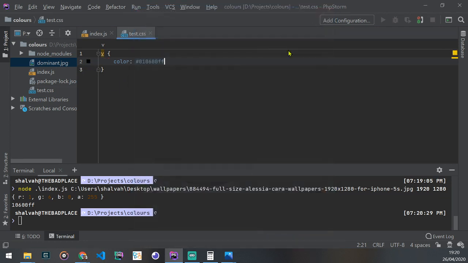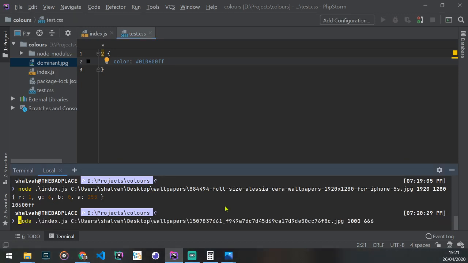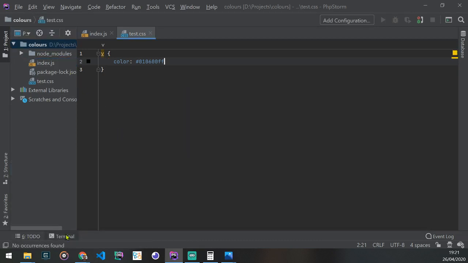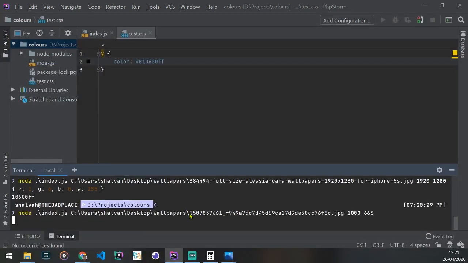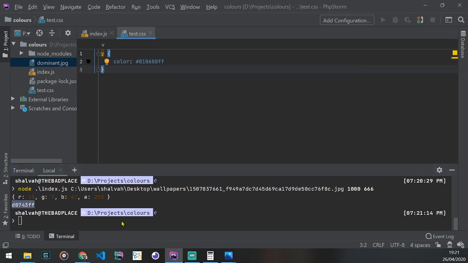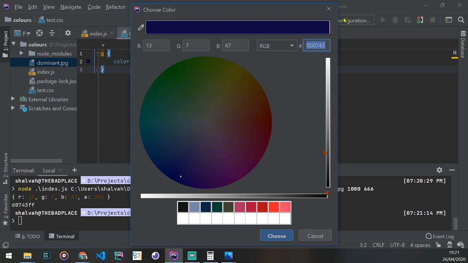Oh, I see. Interesting. This is black. Okay, this should be black for Alice for the first one. For the second one, this should not be black or as black as that. Yeah, so this is the actual color. Yeah, this is the actual color, blue. I don't know why